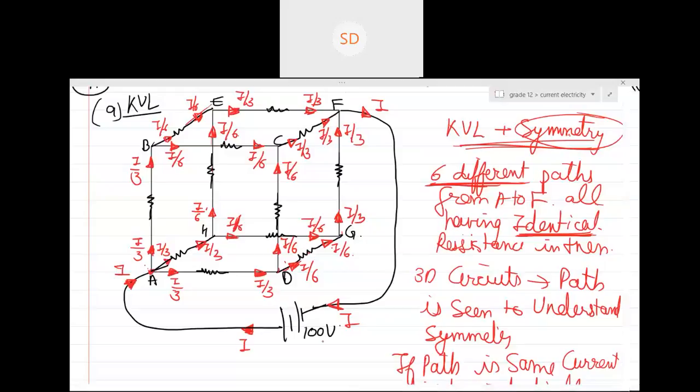Distribute it, please. Make the diagram a little bit big so that at least it will be clear to you. Now, how many variables are there? Only one. So can you see using KVL with symmetry made you have only one variable. So what will symmetry do? I told you symmetry will always reduce the number of variables you have. Is it fine? Everyone clear?